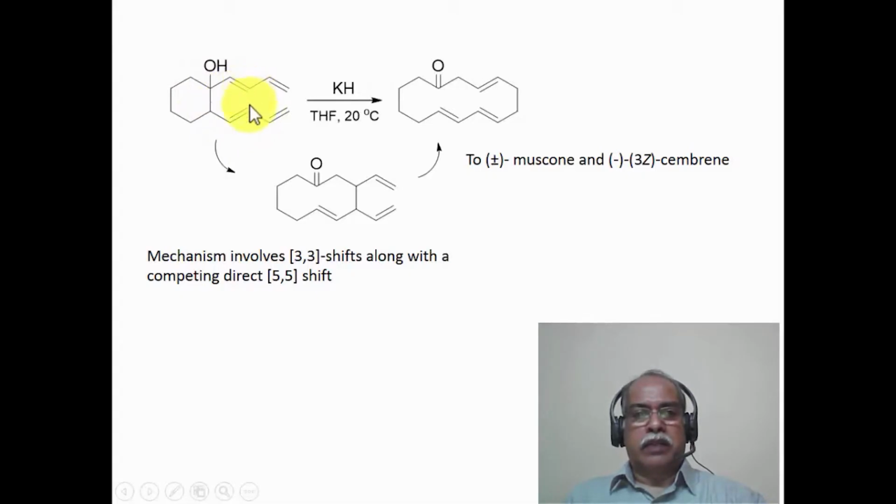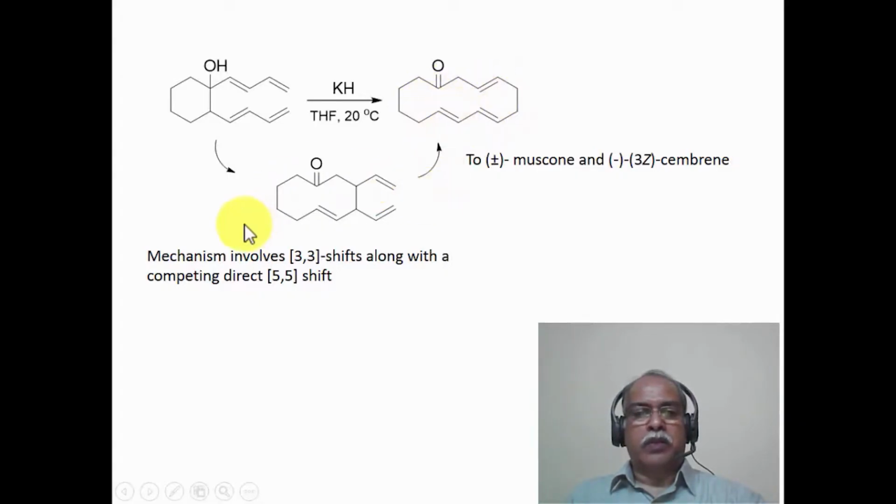So it can undergo 3,3 sigmatropic rearrangement to close this particular bond and open this bond by breaking of this carbon-carbon bond. So this is 1, 2, 3, 1, 2, 3. A 3,3 bond is what is formed in this particular case. That in turn sets up another 3,3 sigmatropic rearrangement with the terminal vinyl groups. So finally the terminal vinyl groups undergo the ring closure reaction. This is the intermediate that is formed in the first 3,3 sigmatropic rearrangement, which is an anionic oxy-Cope rearrangement, followed by the normal 3,3 sigmatropic rearrangement